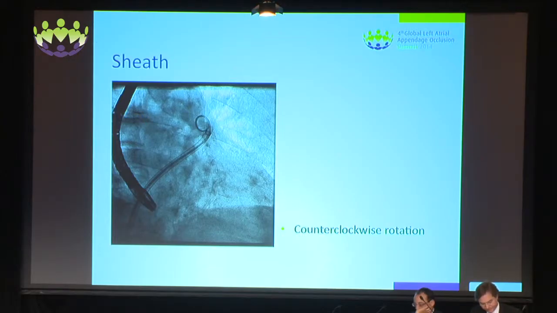So now we need to advance the sheath. I recommend to use the pigtail as a guide wire. This is like the Watchman technique, because we want to have the sheath just toward the opening of the chicken wing. So for that, we need to do an extreme counterclockwise rotation, and it's safer to do that with a pigtail as a guide wire. In this position,